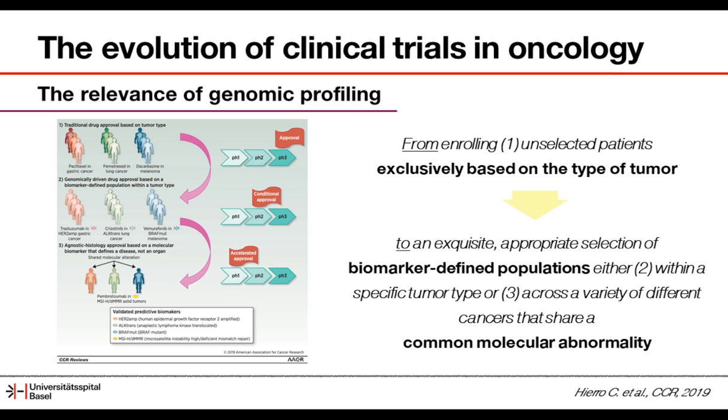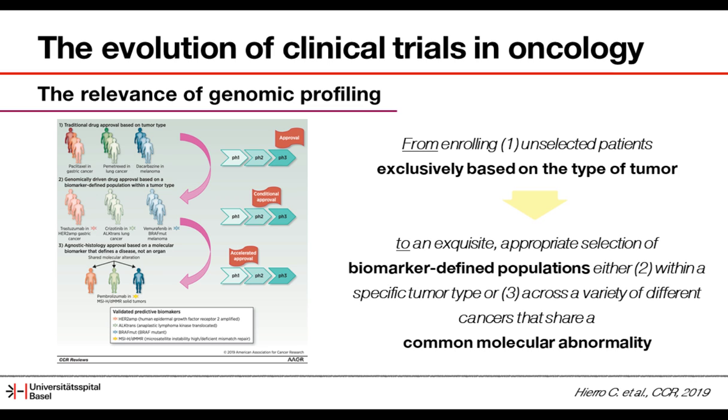So I would like to start the discussion about genomic profiling in general and why it is so relevant nowadays. As we know from clinical practice, and as you see here from this slide, also from clinical trials and their current design, we went from enrolling patients exclusively based on the tumor type to having a nice selection of biomarker-defined patient populations, either within specific tumor types, in umbrella trials, as you can see here in the middle section of